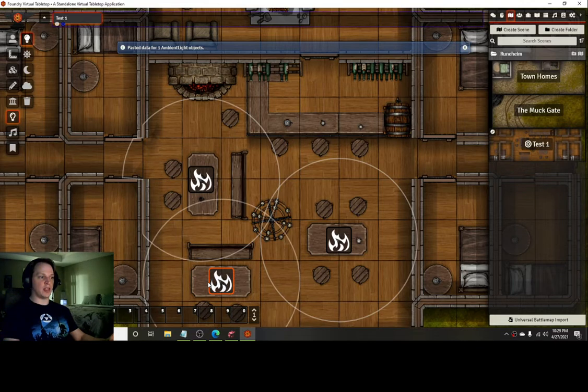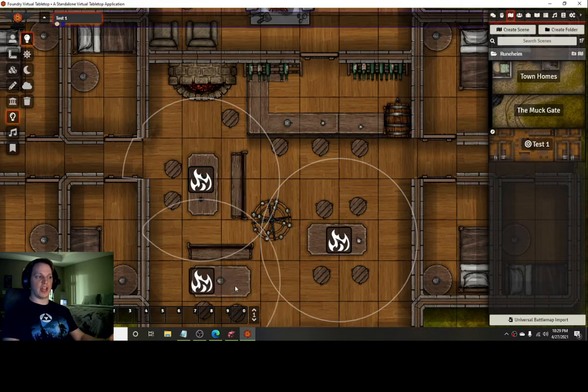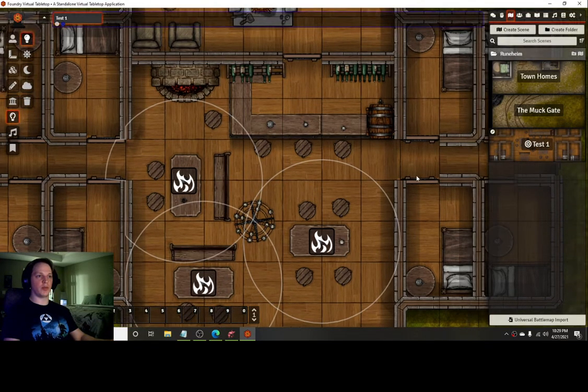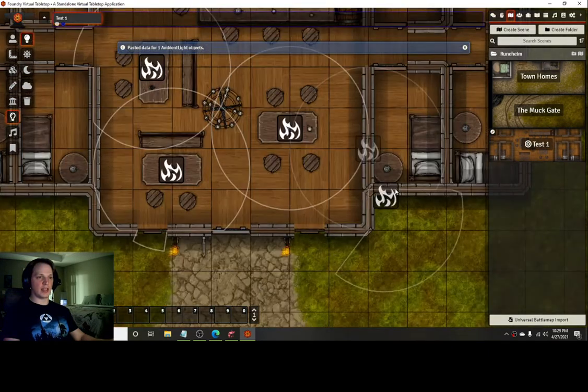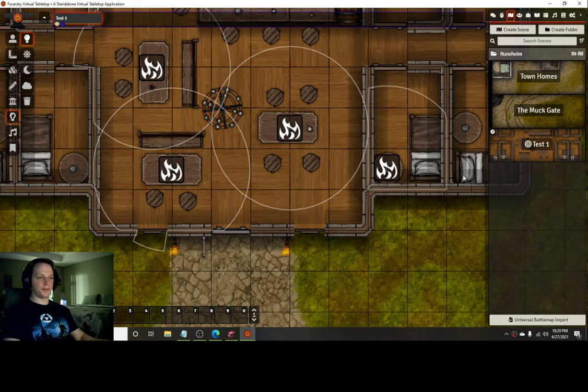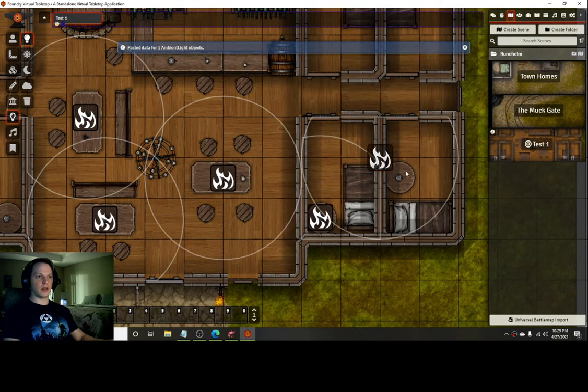Sometimes you'll paste something or move it over, and it'll shift over just a hair and won't be centered where you want it. So if you really want it centered on something, hover over it and hold shift when you're placing it down, and it'll put it exactly where you want it. So I'll get that dead center on the spot and paste all these light sources in